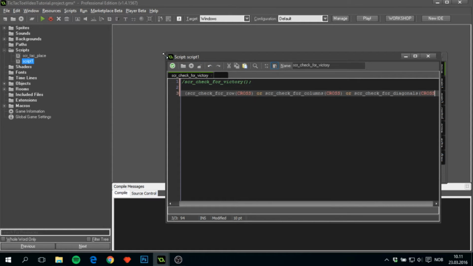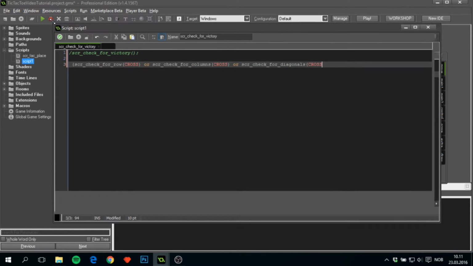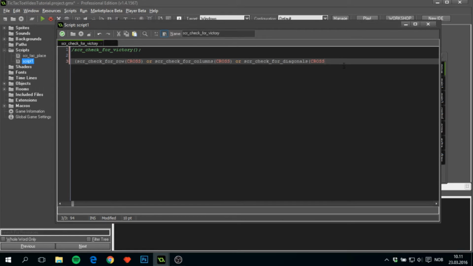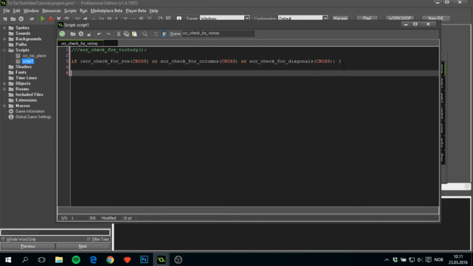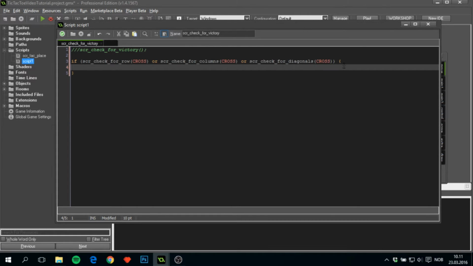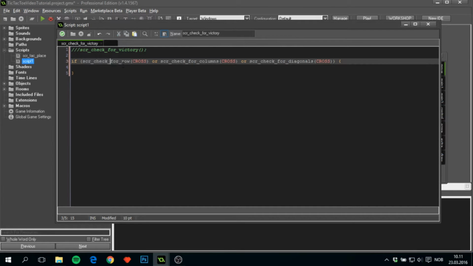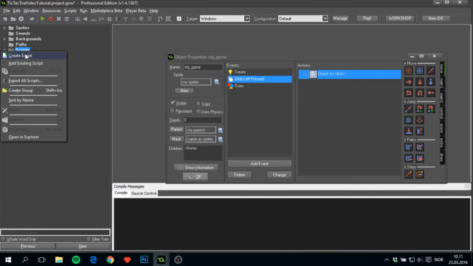Let me just increase the size of this script for a second so we can read the whole thing. And that is the whole if statement. We'll come back to fill it later, but for now we'll create the check for rows, columns, and diagonals. So creating a script,